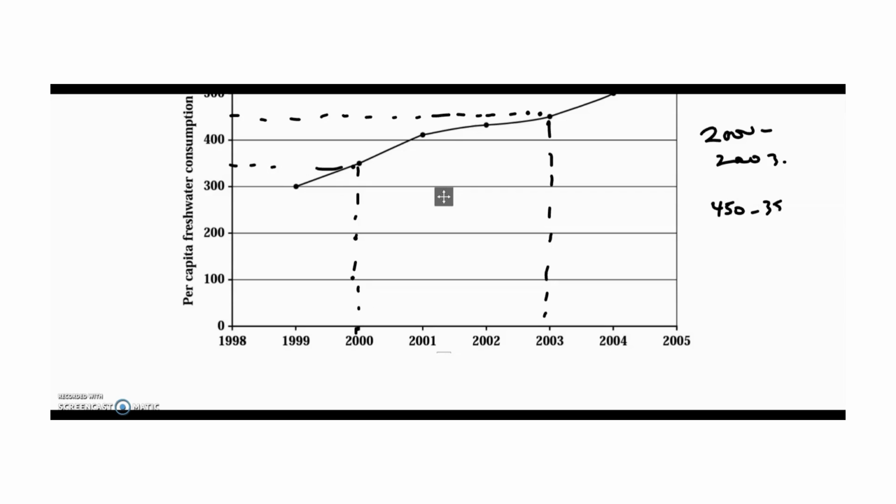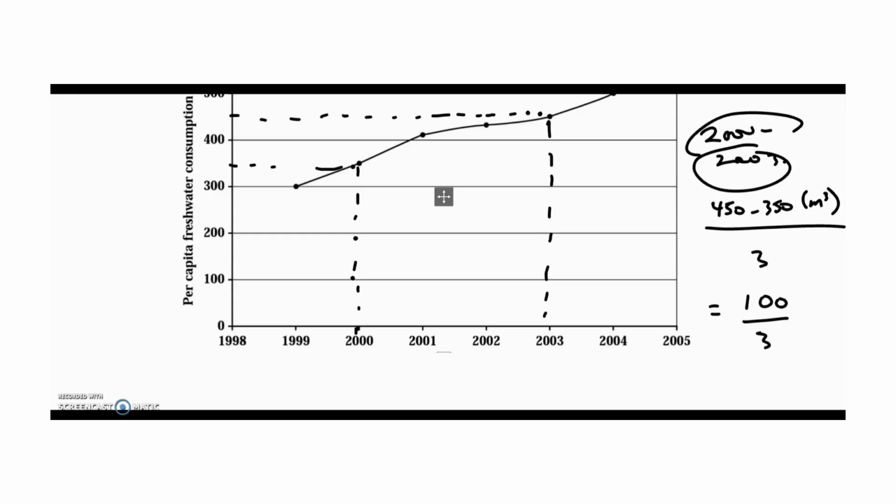So 450 minus 350, that is cubic meters, of course, divided by a period of 3 years. 2000 to 2003, that is 3 years. So we have 450 minus 350, which is in fact 100 divided by 3 years, which is actually 33.3